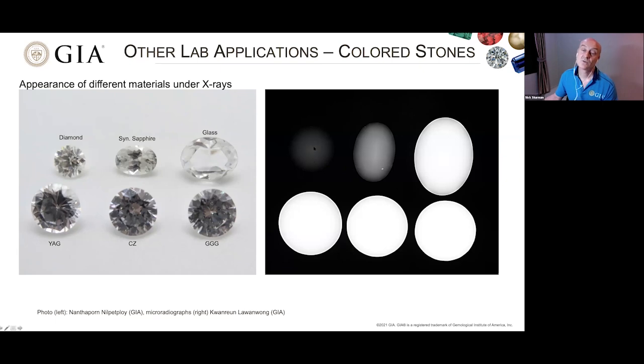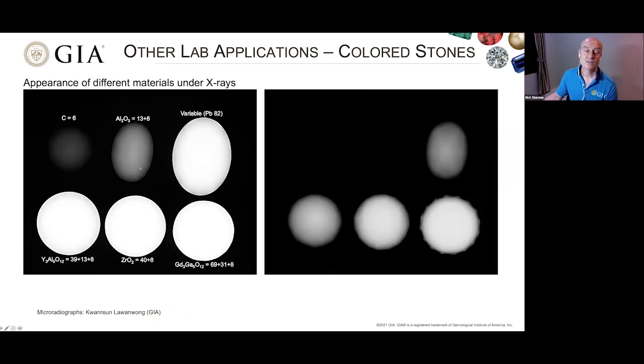The diamond, as you expect, being pure carbon, is going to let the X-rays through readily, whereas GGG doesn't allow them through so easily. And this relates to the chemical composition, as I said before. So carbon with an atomic number of 6, whereas if you compare to gadolinium gallium garnet, you have much higher atomic numbers here. This is just a crude idea to show you the degree of opacity to X-rays, and you can see it relates as well to the image here.